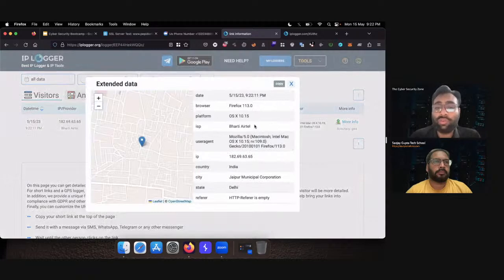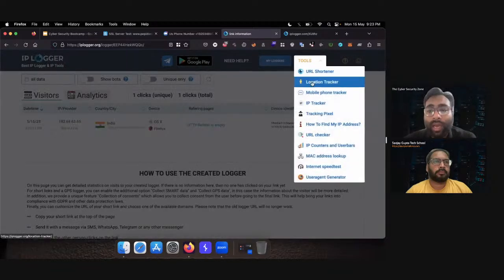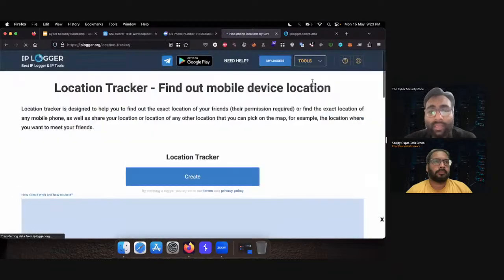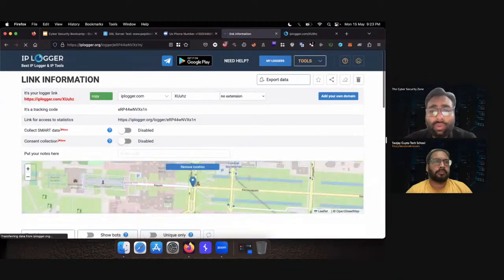So this is the information. I'm using the Bharti Airtel ISP, the IP is this, and the city is this, state is this, and you can see exact mapping information as well. So if you want to track someone's IP, if you want to track a person, you will need to create an account on this website. Go to IP location tracker, click, create a link. Also, you can